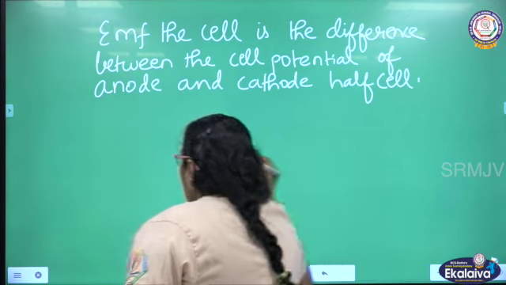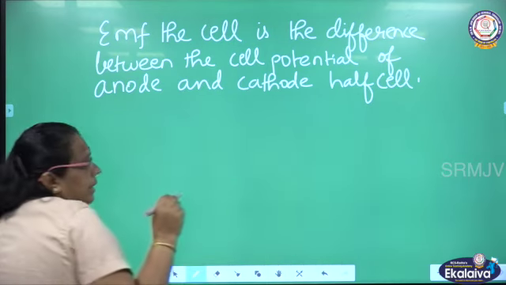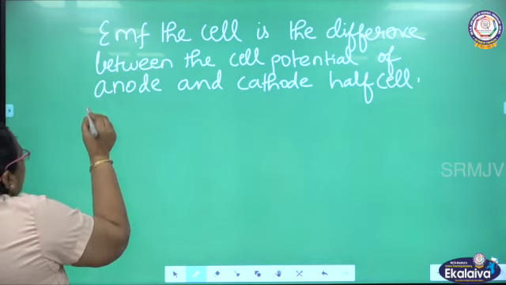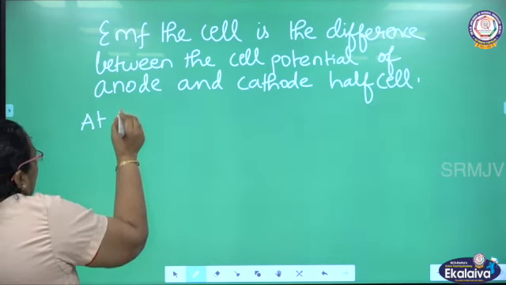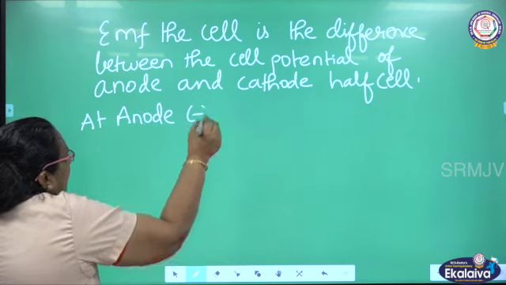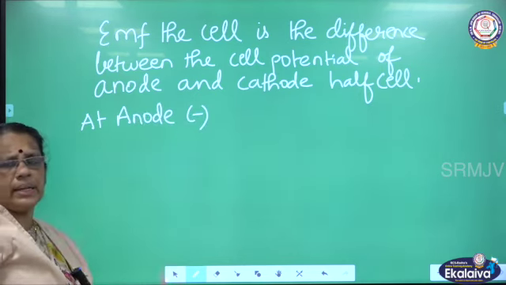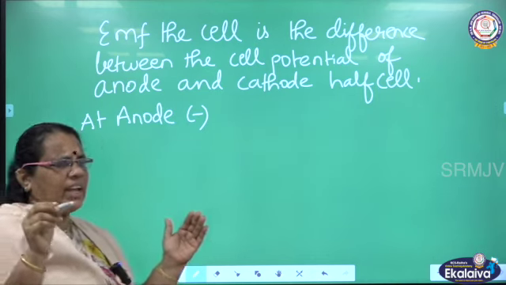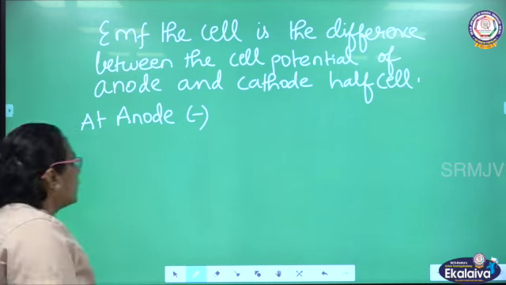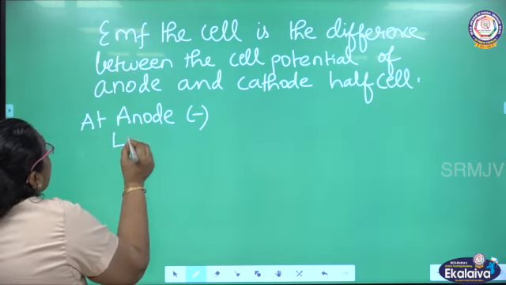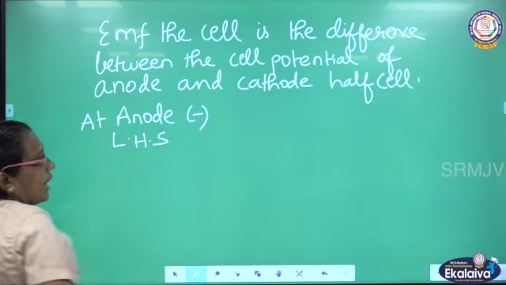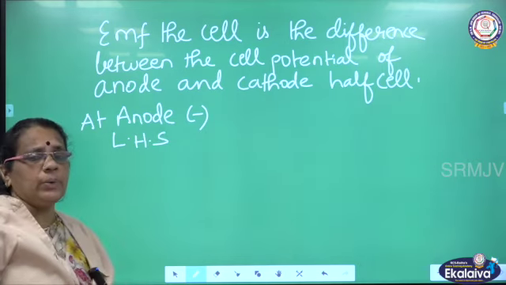Okay. Now, we are going to say the reactions that are taking place in the Daniell cell. Actually, at the anode, the anode is the negative terminal. So, what is the anode here in the Daniell cell? The anode is the negative terminal, which we can see on the left hand side, is it not? So, the anode will be on the left hand side with the negative terminal.